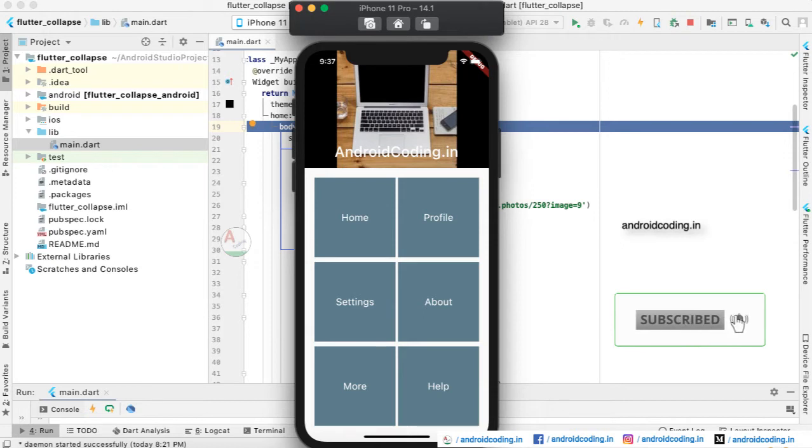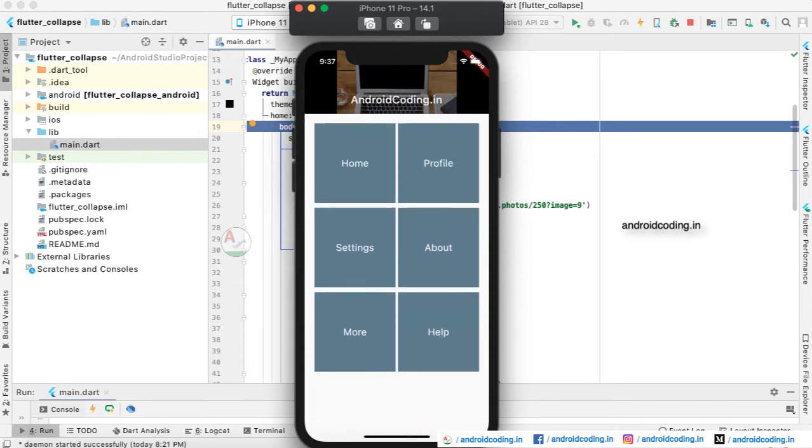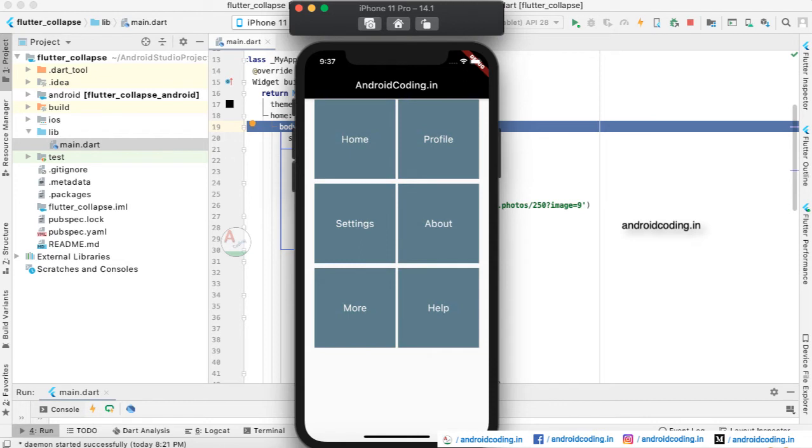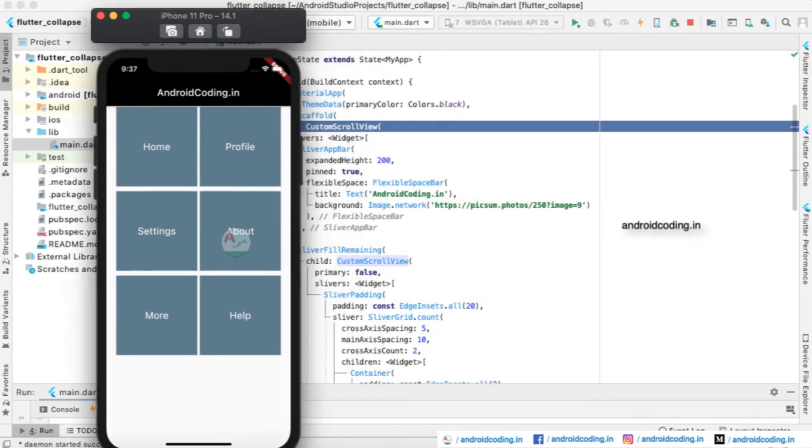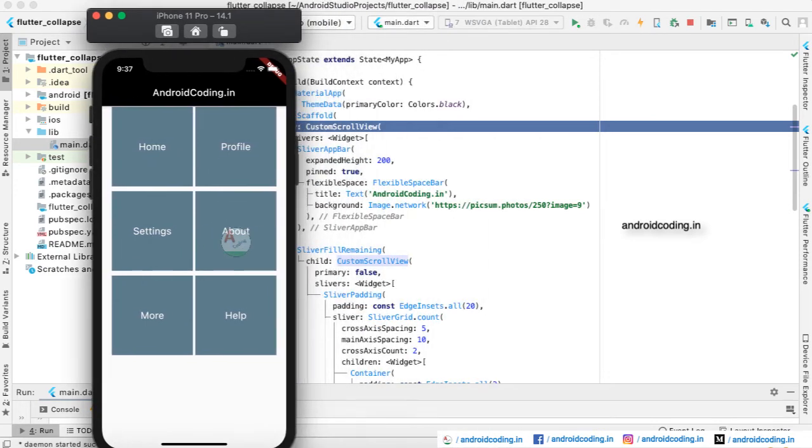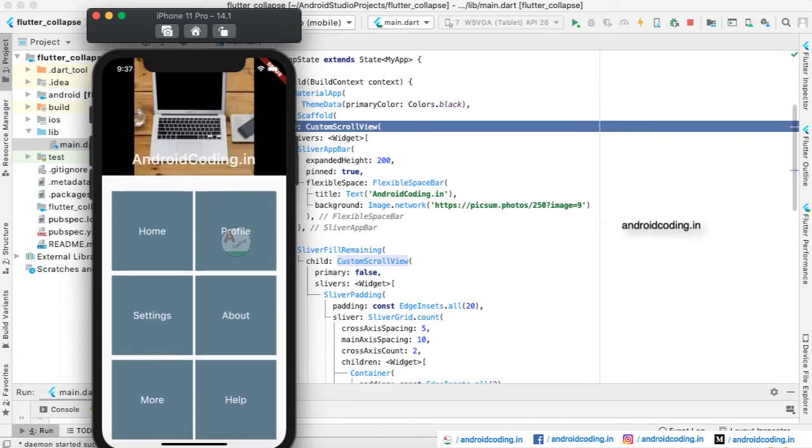Here you can specify the image or data or whatever you want to appear on the app bar when it is expanded, and the text here is the same when it is collapsed and expanded. Here we have specified the text, and for the background I have specified a sample image. You can also specify a local image from your Flutter application. Here I am providing a URL for the image to get loaded into this particular location.